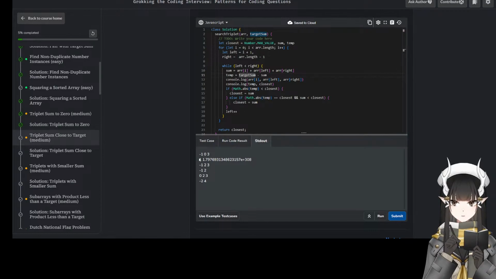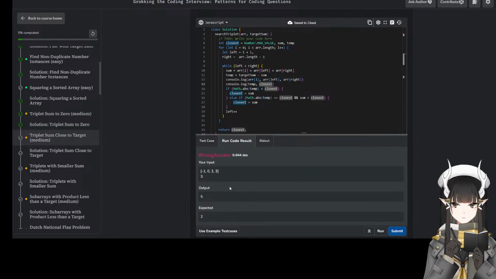Temp difference is 1, right? Difference is 1. So the closest should be set to 2. This is correct. And closest should be set to 4.